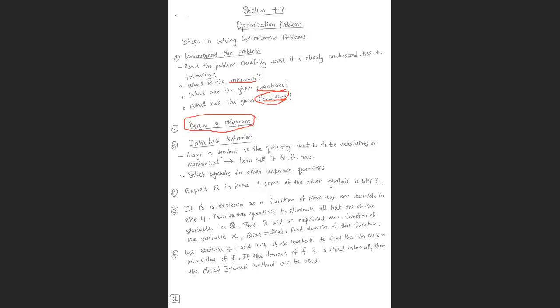right? So if I tell you to minimize something, it means you're finding the absolute minimum. If I say maximize something, you find the absolute maximum, all right? Hence, using the closed interval method. And how do you get that closed interval? You get it by looking at the domain of that function that you're trying to minimize or maximize. Once you get the domain of that function, you're going to see what the restriction is, all right? Let's look at